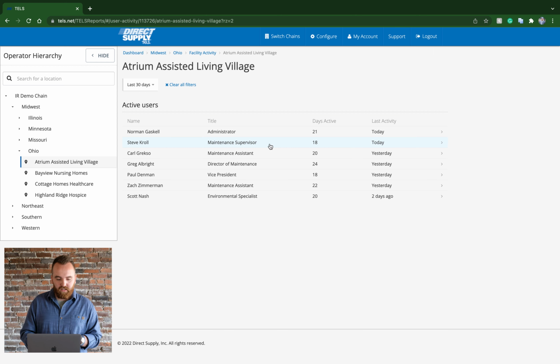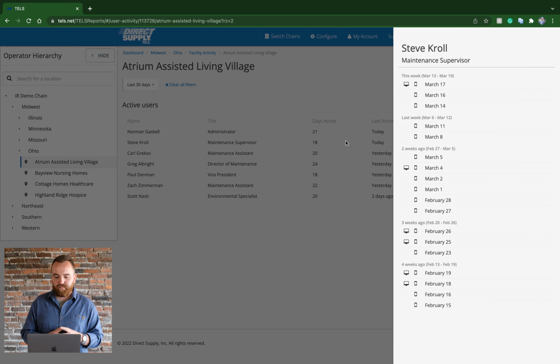So as we can see, the maintenance supervisor's name is Steve Kroll. He was logged in today. We can then even see his login history. This is getting really deep into the weeds, but as we dive into these things, I want to remind you